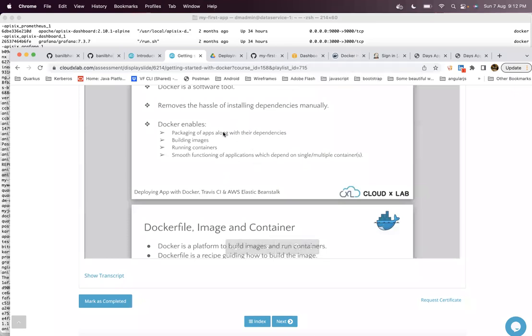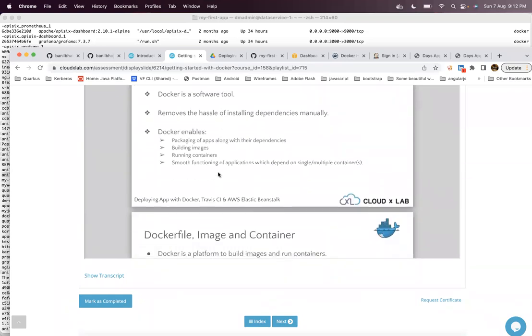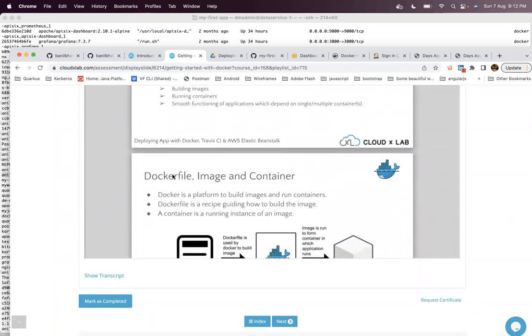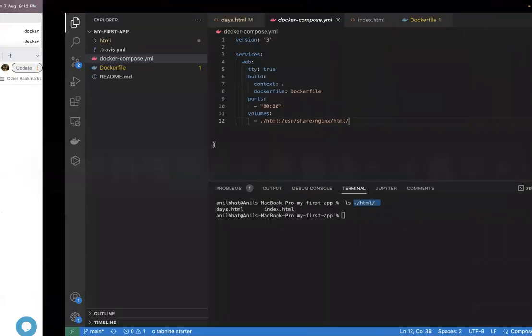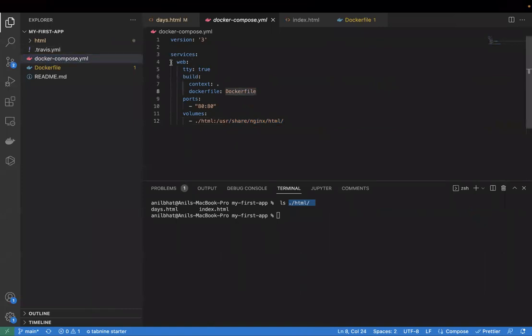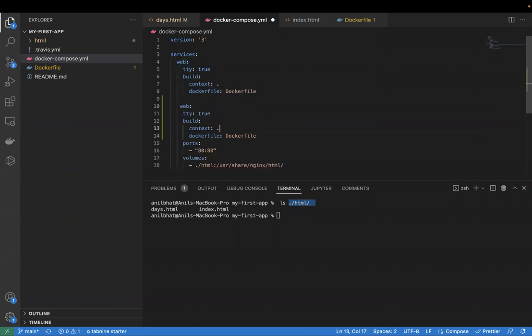Another thing you wanted to understand is Docker Compose. If you have multiple Docker containers, if you want to run volumes, or if you want to run multiple services, then the option to go with is Docker Compose. As I explained, by using Docker Compose you can run multiple services. In this case, you have a web application running with the name web. Tomorrow you can create another service, like a DB service.